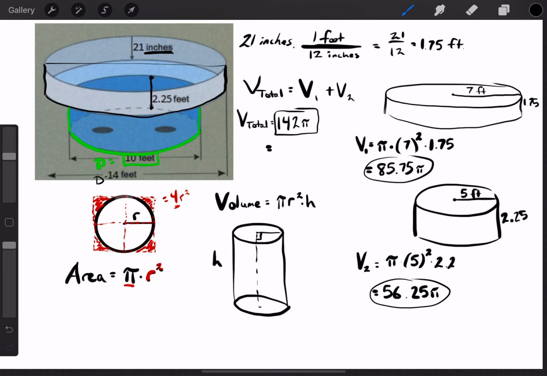And so the decimal approximation of that is about 446.11, and we should definitely include our units here of cubic feet. So really that is probably the more useful technical answer, but 142 pi